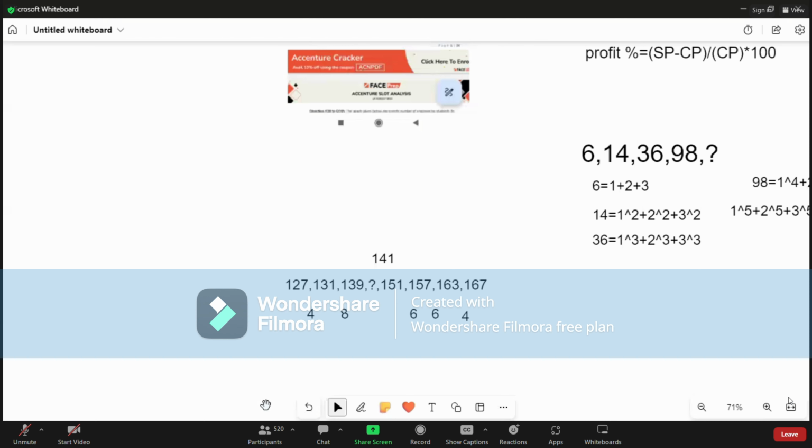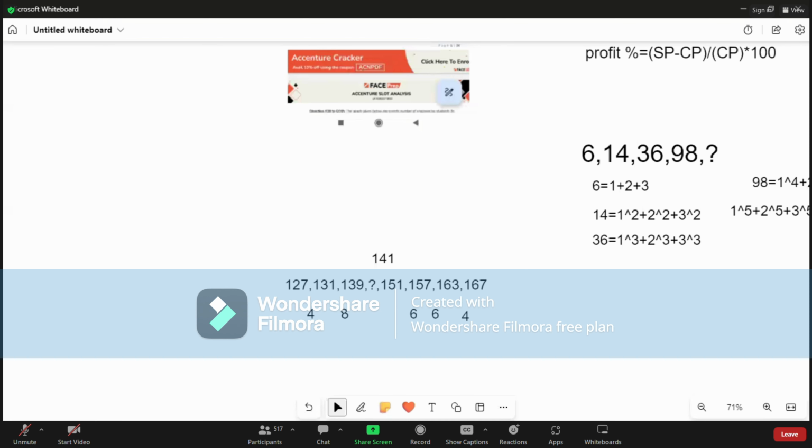Okay, sorry, even this isn't the prime number case, because 137 is missing over here. There is 127, and then 131 is there, and then 137 is missing over here. So I think there is some issue with the question itself, because 141 or even